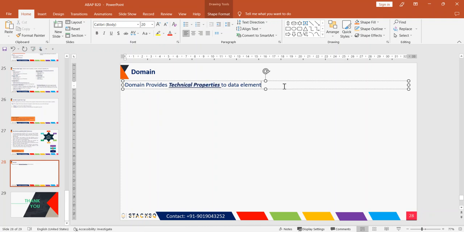Domain provides technical properties to the data elements. So what are technical properties? It's nothing but data type